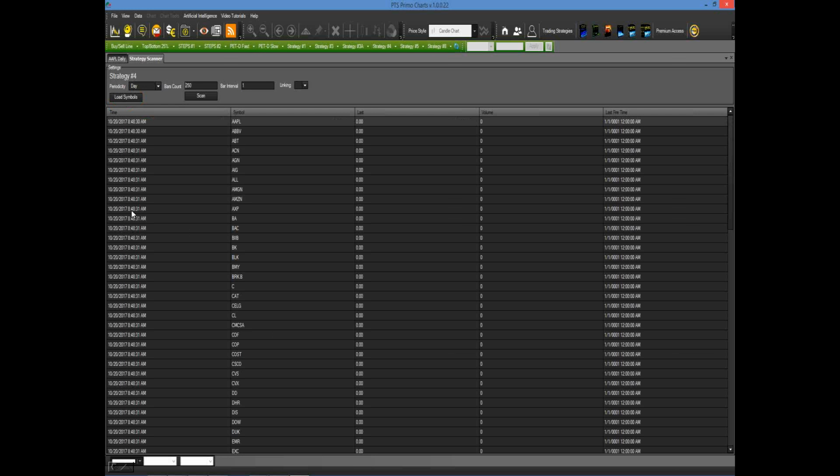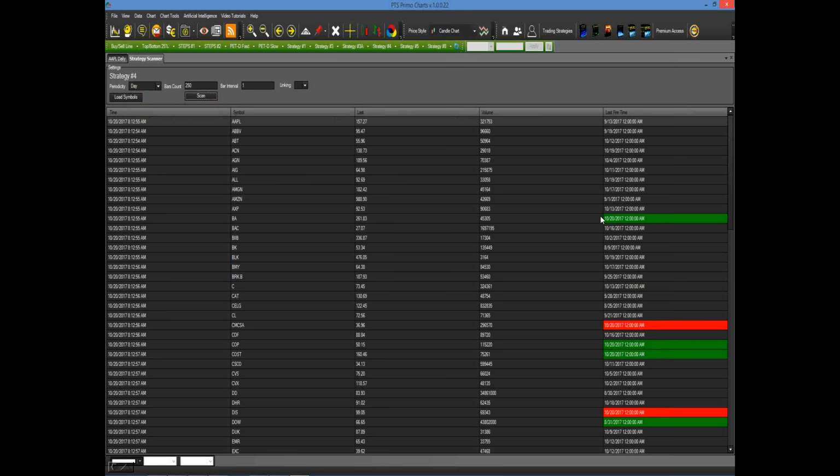Once that appears, since it already knows you're looking at strategy 4, you just click on Scan. And in probably less than 10 seconds, you'll see a series of either green or red bars on the far right. What does this mean? Well, if you see a green tab highlighted, that means that's a buy signal in that particular stock, and just scroll over to the left and see that there was one issued here. If you see a red one, well, that's a sell signal. That's how simple it is.